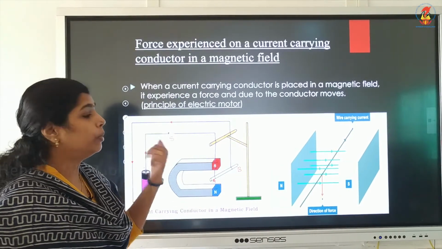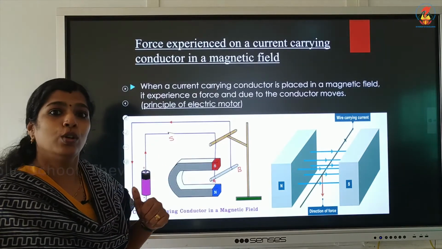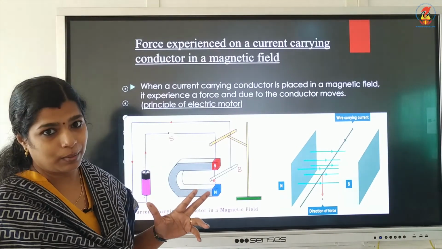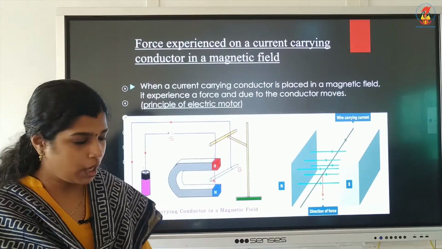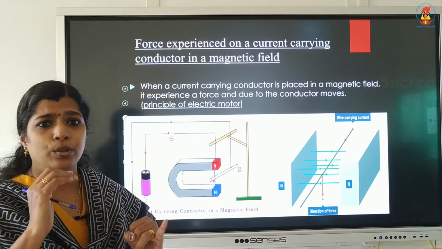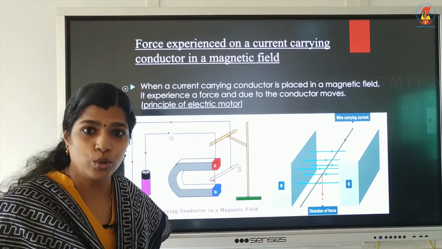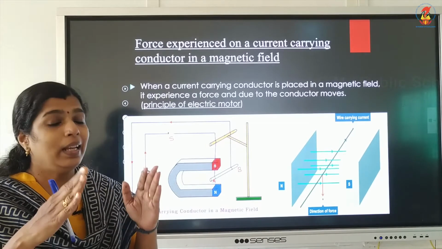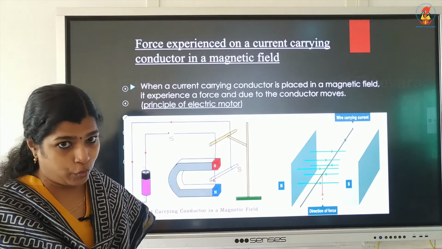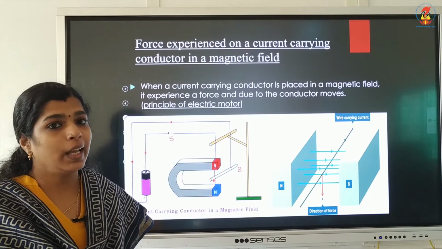Then, one more magnetic field is there, that is produced by the horseshoe magnet. The horseshoe magnet will produce a permanent magnetic field. So, two magnetic fields will be there. One is due to the current carrying conductor, and the second one is due to the horseshoe magnet. The interaction between these two magnetic fields will create a force, and due to that force, the current carrying